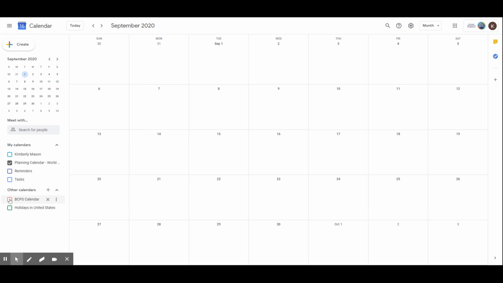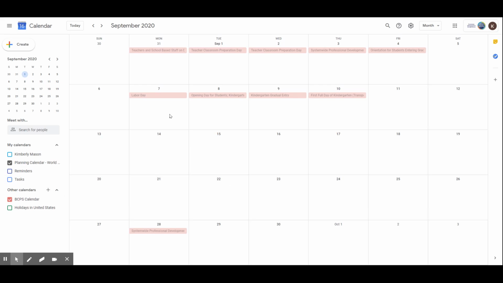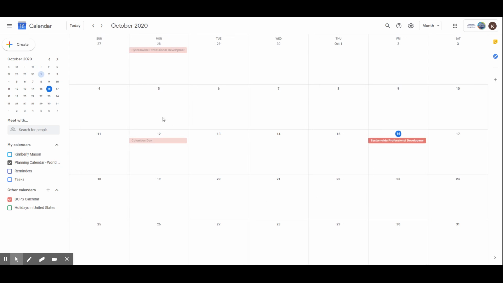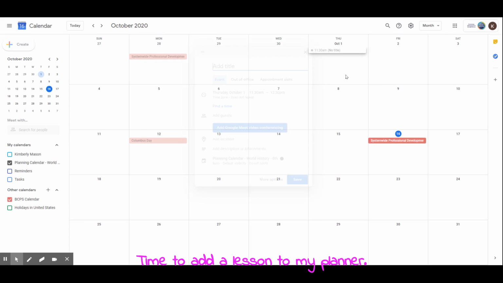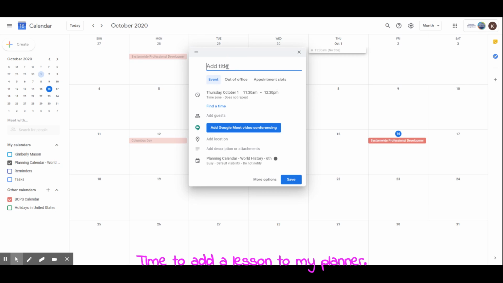While I do have integrated my county calendar so that I can see when there are events occurring in the school system, I have that linked. That way it helps me plan. So say, for instance, I want to create a lesson,